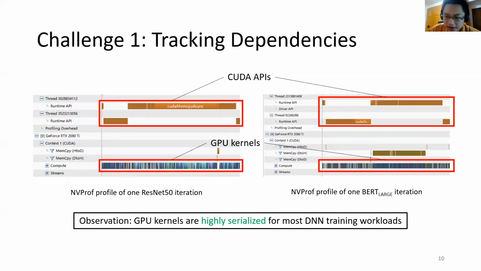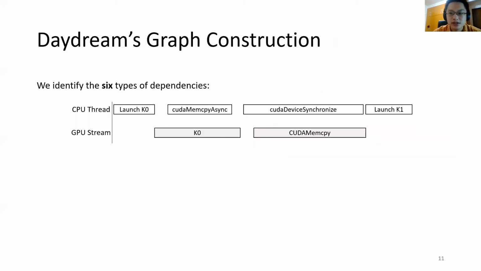But we notice that the GPU kernels in the DNN training workload are usually highly serialized. Such serialization is due to the GPU kernels being mostly compute intensive and hence carefully crafted to fully utilize the GPU resources. And this leaves very limited space for concurrent kernels. This observation actually greatly simplifies our construction of the dependency graph. So based on this observation, we identify 6 types of dependencies that we need to track so that Daydream can